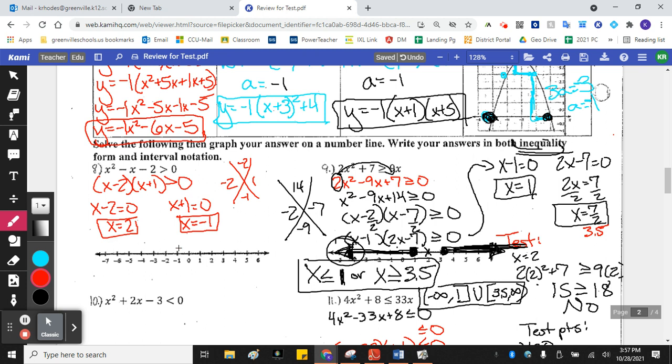At -1, open circle. At 2, open circle. Test points. You can test 3 to make sure every interval is correct. The easiest one is to test the middle. If I plug in 0,